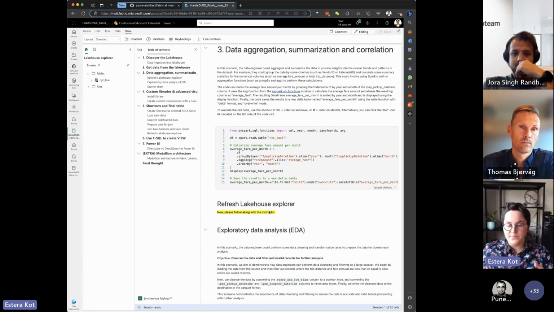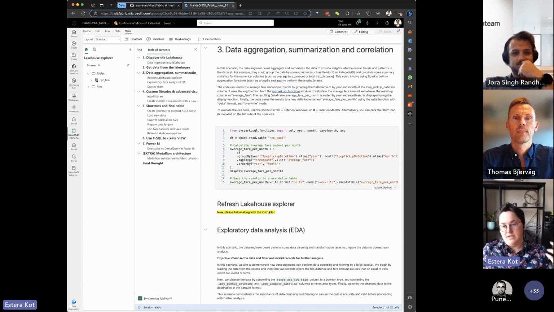So basically we will tackle the problem of analyzing open source data about the car business, like the taxi business in New York City. The scenario here is that we have some initial data and we want to process it. At the end, as a data engineer, we want to serve the insights to data analysts who are using Power BI and, for example, T-SQL. That's why we'll connect the story at the end with Power BI and T-SQL.